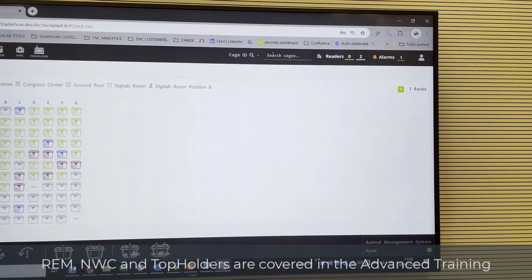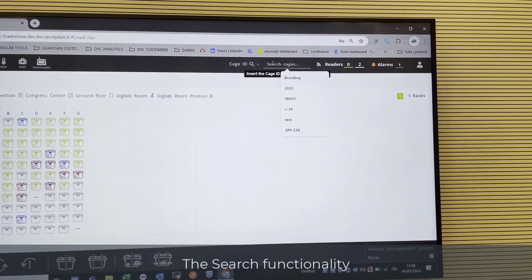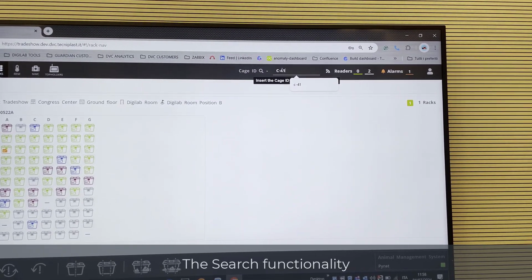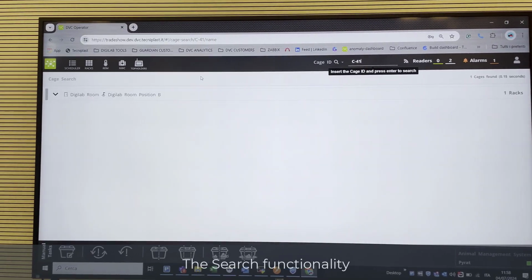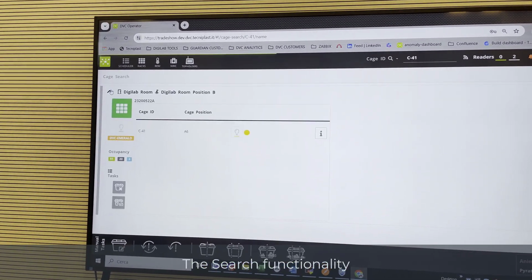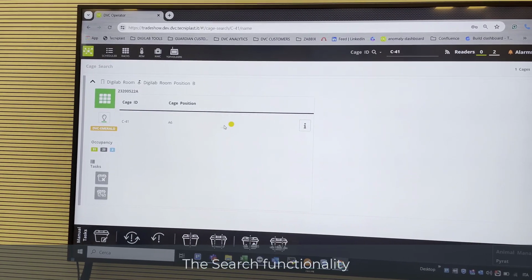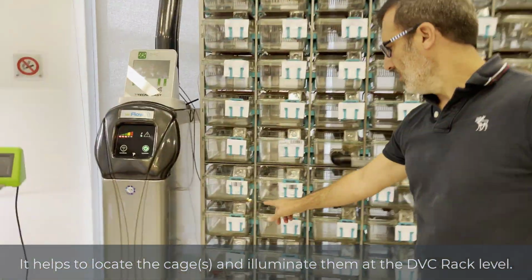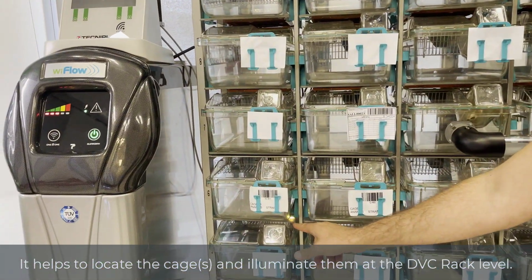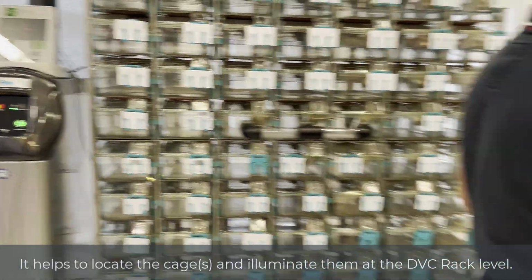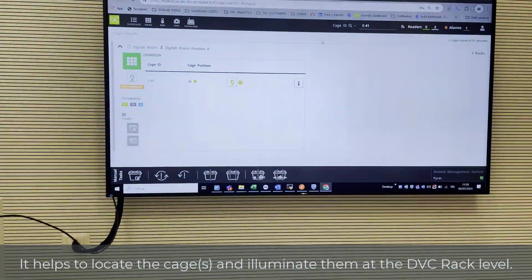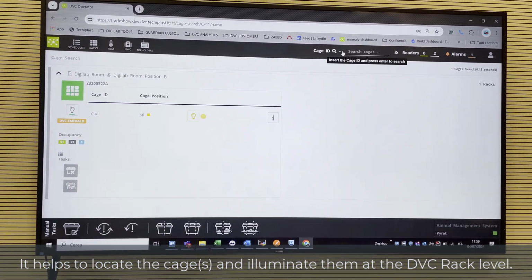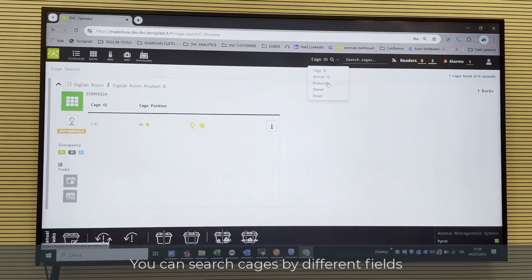Then, following the top bar, there is a section where you can search for cages. For instance, we can look for the cage we just created, C41, and the system, simply by typing the cage, can tell you where it is, and you can also illuminate this cage directly at rack level, immediately finding the corresponding cage. You can search by cage ID, but in reality you can also search by animal ID, protocols, owner,